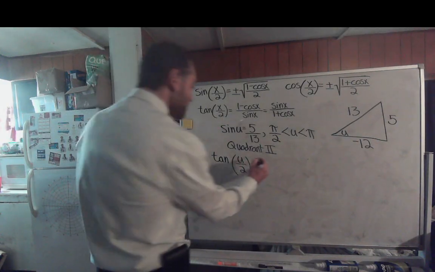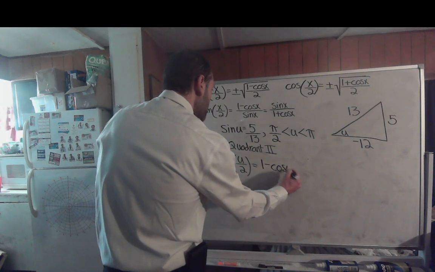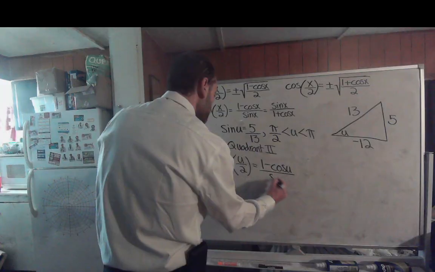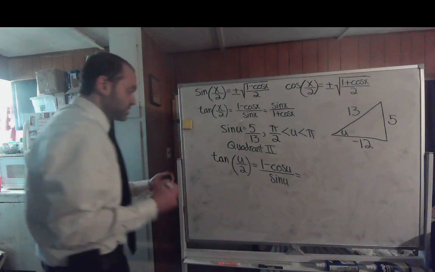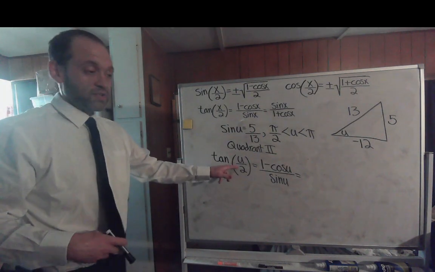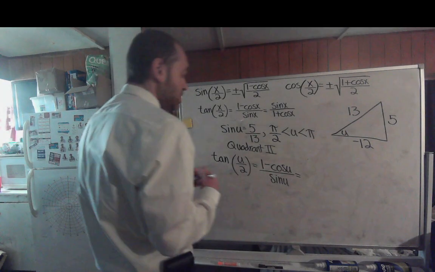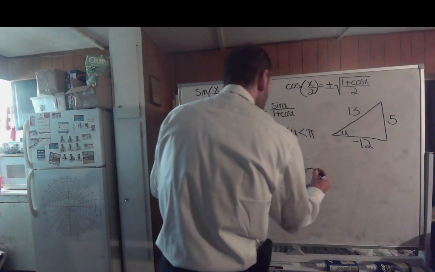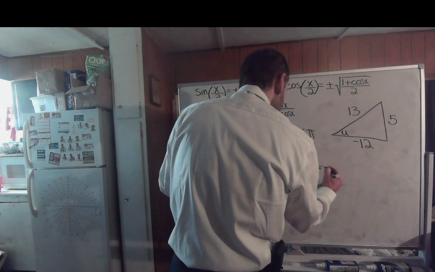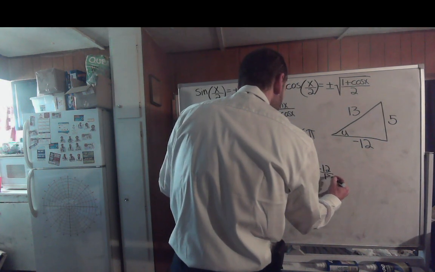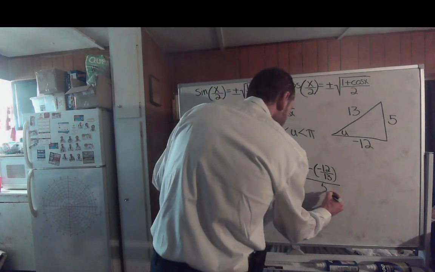Let's use 1 minus the cosine of u, all over the sine of u. Since u over 2 is in the first quadrant, we should get a positive tangent. So we'll take 1 minus, what is that value for cosine of u? That's negative 12/13, so 1 minus negative 12/13 all over the sine of u, which is 5/13,